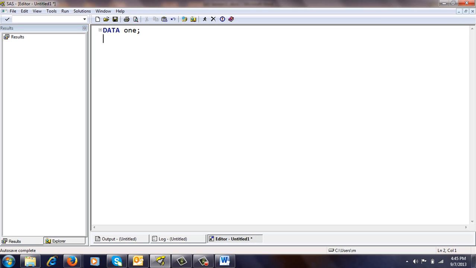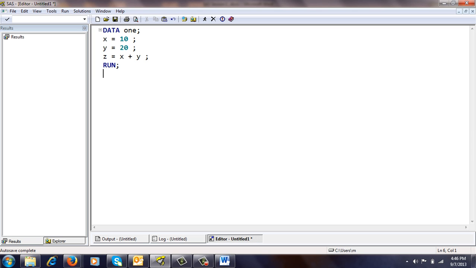Then a semicolon, because this completes one SAS statement. x equal to 10; y equal to 20; z equal to x plus y; then run.